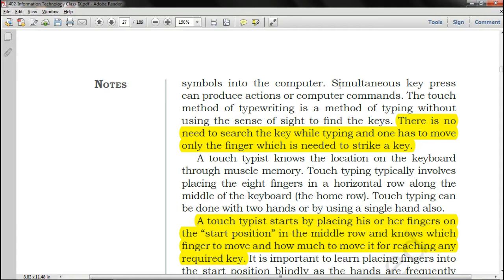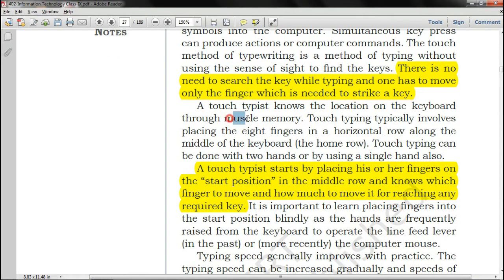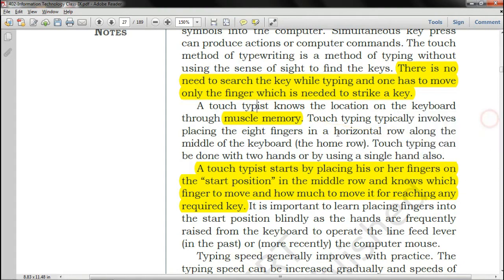So a touch typist knows the location on the keyboard through muscle memory. Yes, the touch typist is the one who used to type the letters, like the typewriter typing person, or the end user or data operator, who should know the location of the keyboard keys through muscle memory. Basically these keys are memorized in your muscle memory.